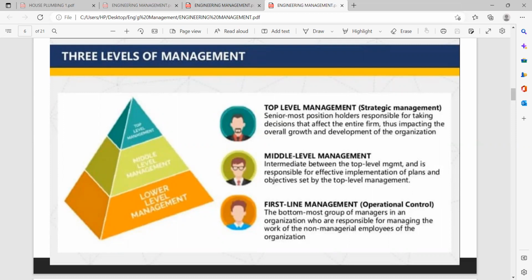Sa middle level management, it is the intermediate between the top level management and is responsible for effective implementation of plans and objectives set by the top level management. Okay, example nito is a construction site. We have the owner, and then it is either the owner or mag-assign ng other person to be the project manager. So dito sa project manager,